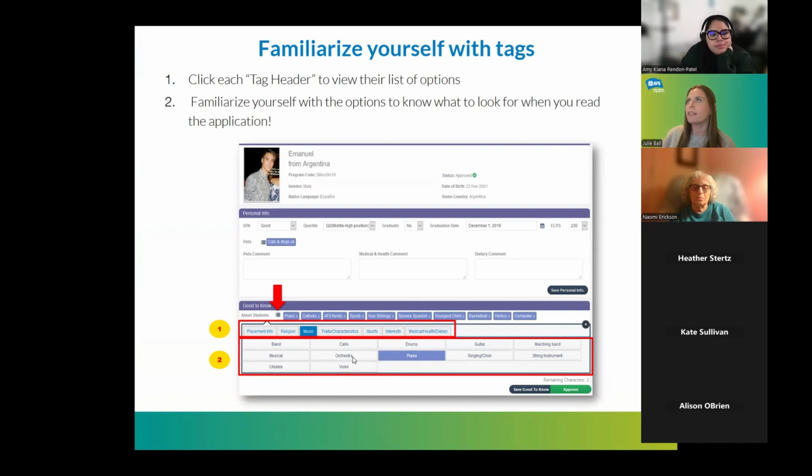These are important because they will help other volunteers search for these students. So if they have a host family that is really interested in swimming, they can easily find a student that also matches that interest. So familiarize yourself with the options in each of these tag categories, because it will then be easier for you as you go through the application to note down things that you could tag.